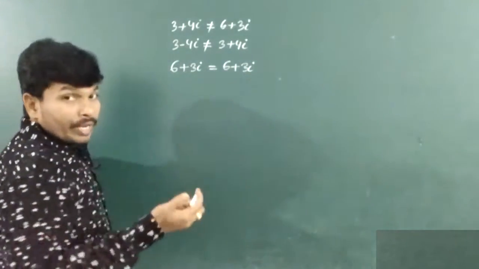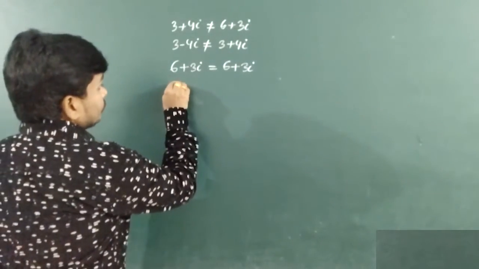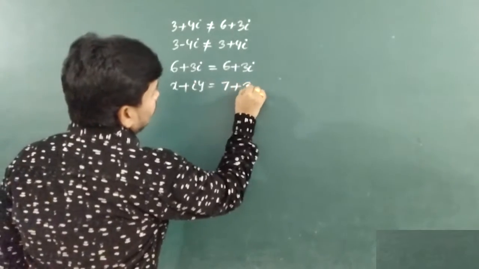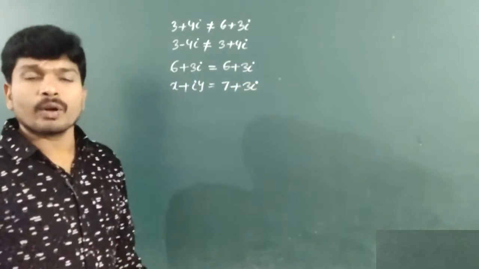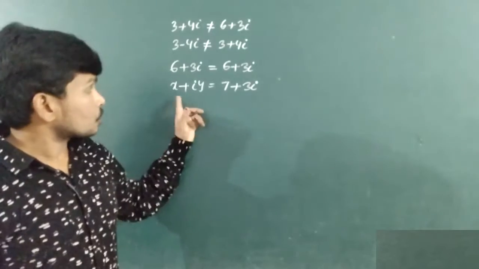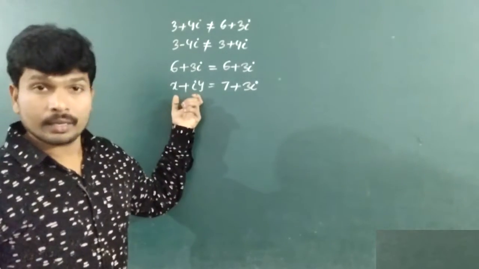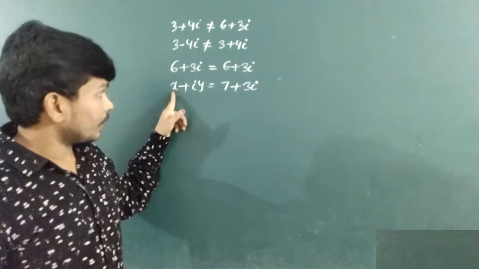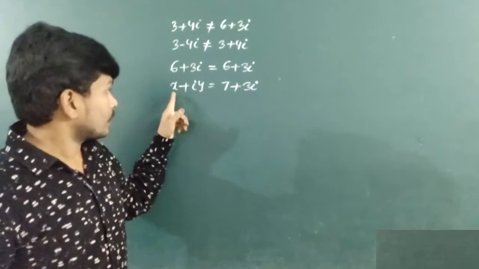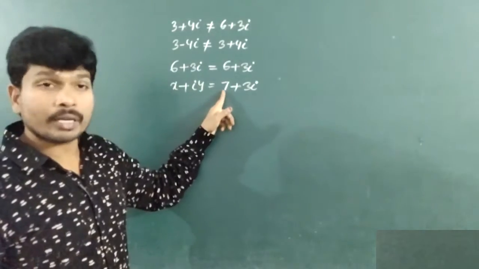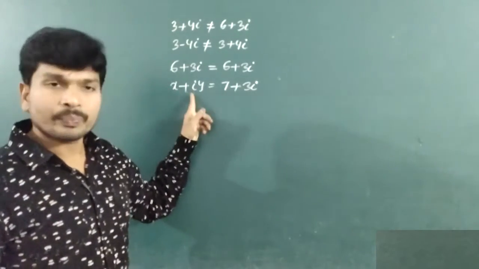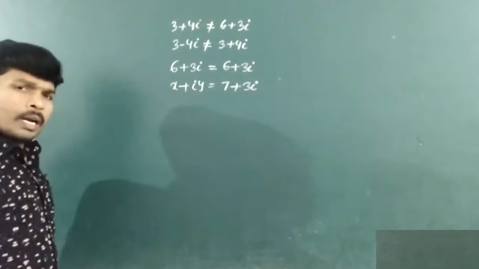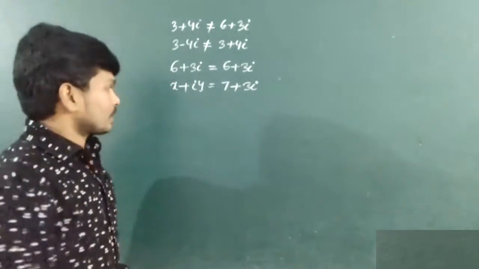Now one problem I am giving you, get ready to say the answer. x plus iy is equal to 7 plus 3i. What is the x value and what is the y value? These two are equal because I have given the equal to symbol. So definitely x value is 7, because here real part is x, there real part is 7. x equal to 7, y is equal to 3. Good. Next, inequality of complex numbers.